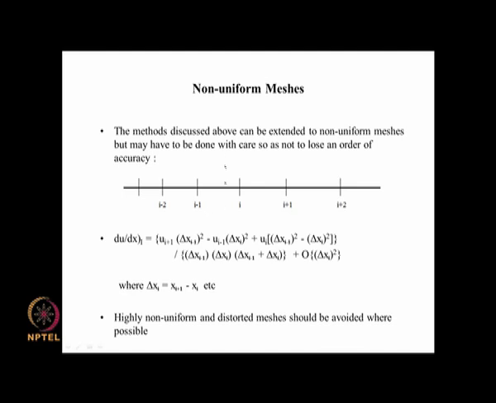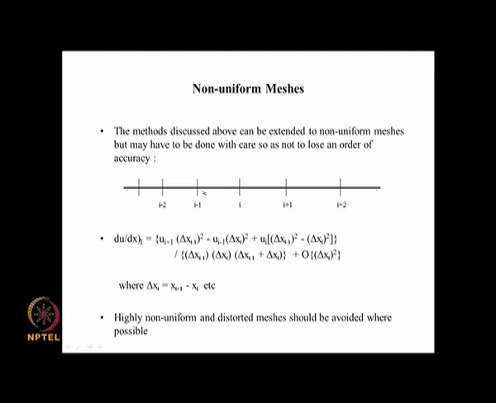and then still write, for example, u at i plus 1 as u at i plus dou u by dou x at i times delta xi plus dou square u by dou x square times delta xi square by factorial 2 and so on like that. And so when we are expanding u i plus 1 in terms of ui, then we get delta xi. And if we want to derive a central difference formula, we also need u i minus 1.